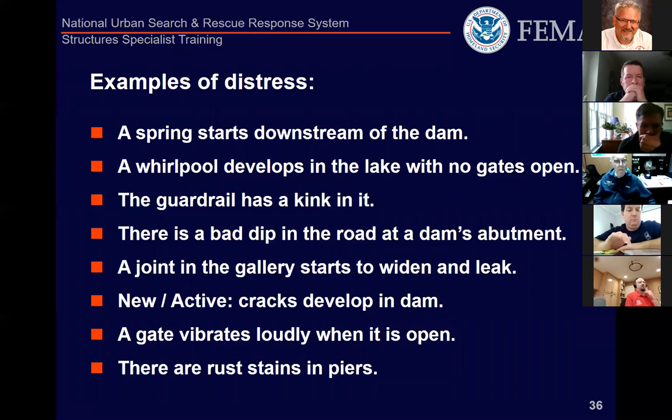So some examples of distress, as Scott talked about: water on the downstream side. A spring starts on the downstream side of the dam. Definitely a sign of distress. A whirlpool develops in the lake with no gate openings. If you're not familiar with the structure, you may not know what's typical. If you've got the big Tainter gates, the big steel gates, and they're operating at a high head, they'll have